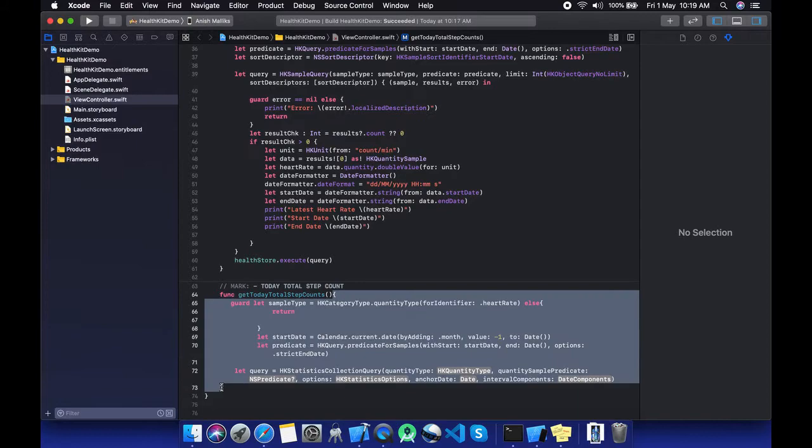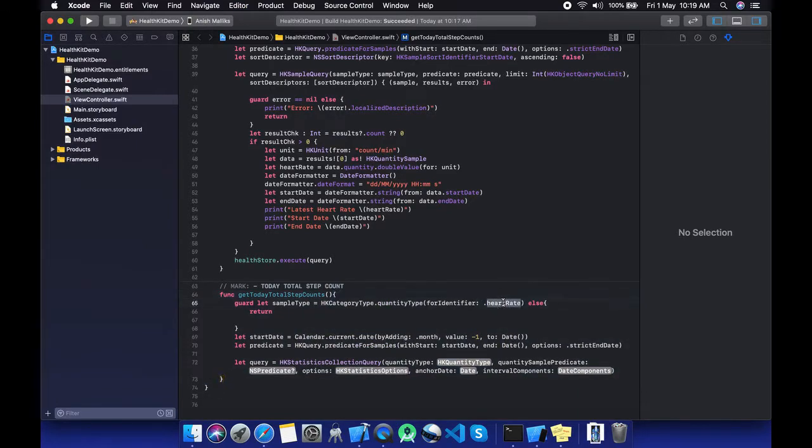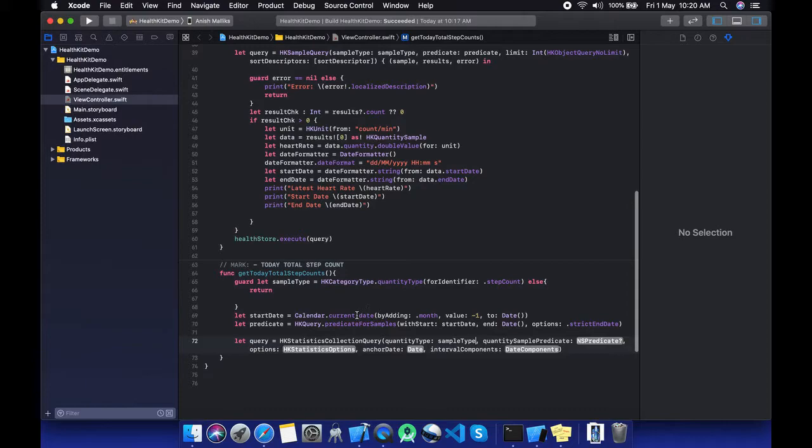So let's do it. Instead of heart rate, let's put step count over here, and copy the sample type and paste it as the quantity type. For the start date, we don't need a month, we need the start of the day.